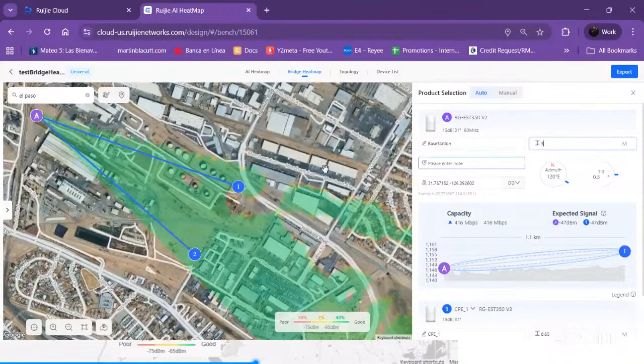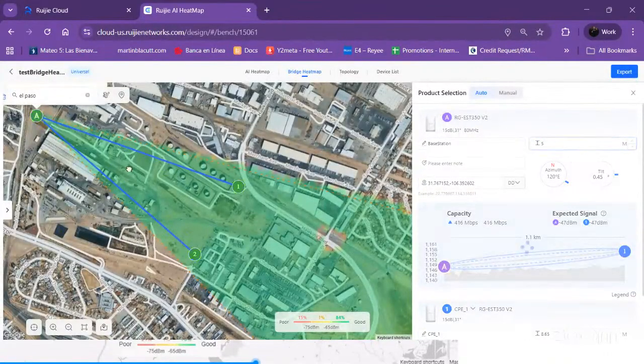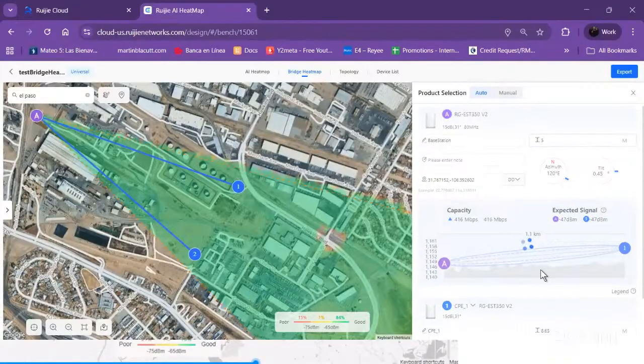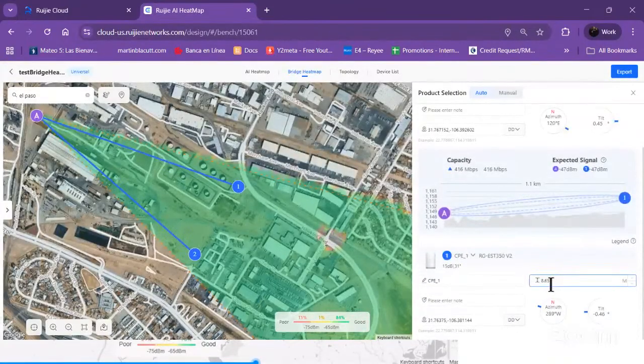Let's see what happens. As we can see, the best height for this installation is 5 meters for the height of the base station pole. And for the other ones, the CPE number 1, we can see that the height is 8.65 meters. So I'm going to lower a little bit the height of this CPE1 pole. I'm going to write 7 meters,